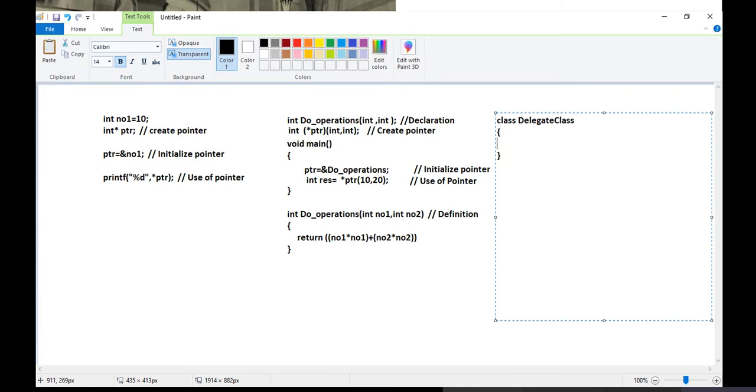In this class, I'm going to write one method. Let's consider the same method for the time being. So what I will do: public int do operation.